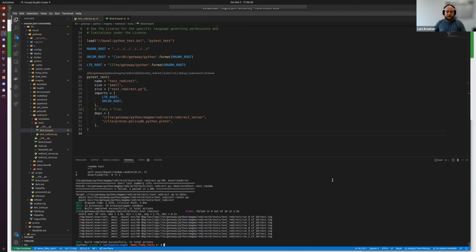There is another option that you can specify where a test can be run sequentially if this is what makes it flaky. Now, we can also mark individual tests as flaky with this flaky property. For the Bazel target of this test, we can just enable it by setting it to true. And now, if we just run the test and